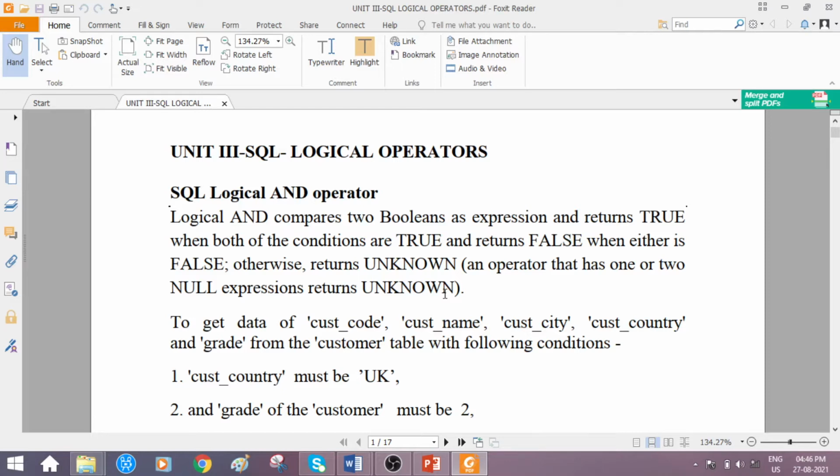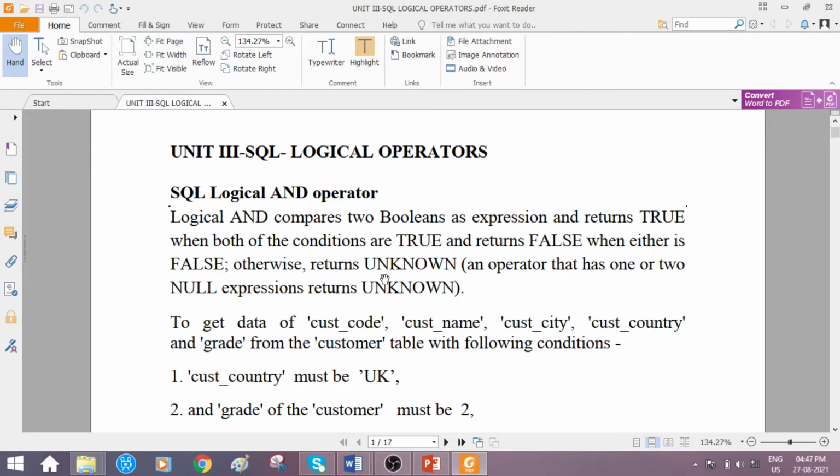If there are two expressions, and both are returning a true value, then only the result of logical AND will be true. Among the two expressions, if any one of the expressions is yielding a false result, then logical AND returns the false value.